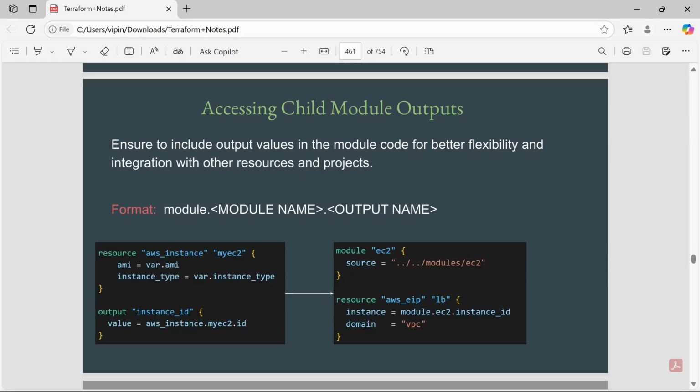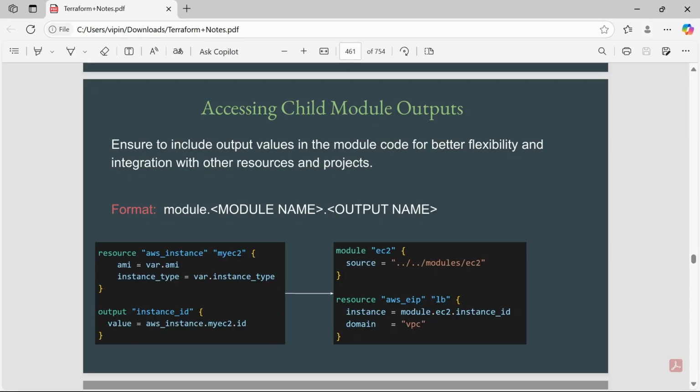Here we have an output, instance ID, because we want the instance ID, and the value is aws_instance with the local name myEC2 and then ID. To refer to it, we use module, then the module name, that is EC2, and instance_id, the output value name. This way we can define the output and use it.